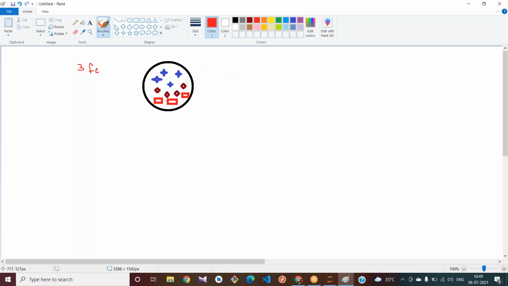How does it do that? It tries to calculate the entropy of every feature. I have 3 features here, so it calculates the entropy of every feature, E1, E2 and E3. Say I got the entropy of this blue colored one as 0.8, the entropy of the second as 0.9, and the entropy of the third feature as 0.85.